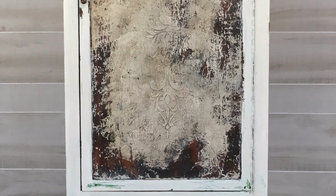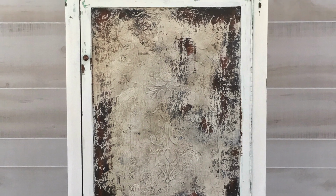I know there were a lot of steps and a lot of products, but I think the end result is